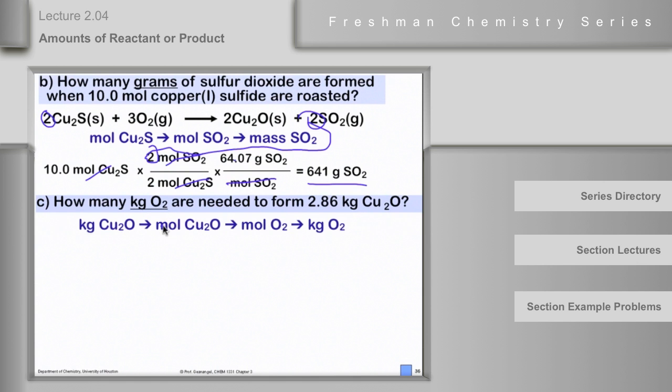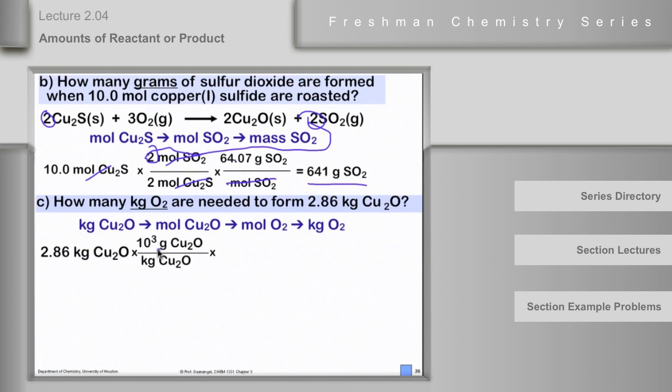That's this first step. I'm sorry. Kilograms of copper 1 oxide to moles of copper 1 oxide, which is what we're given right here. And then moles of copper 1 oxide to moles of oxygen, and then we'll do a mole to mass conversion to kilograms mass. Okay? So the first step will be 2.86 kilograms of copper 1 oxide times the mass to